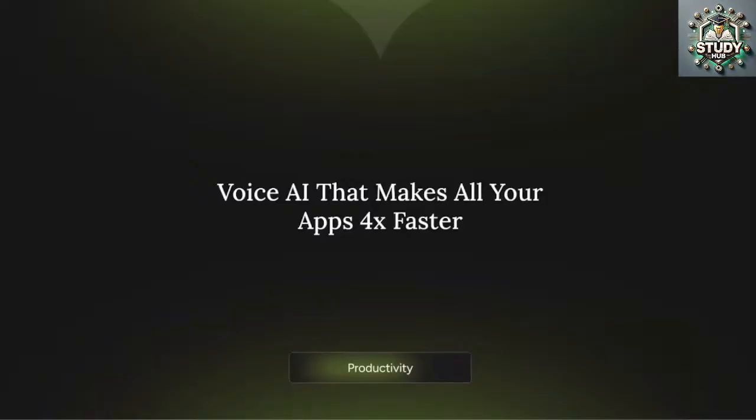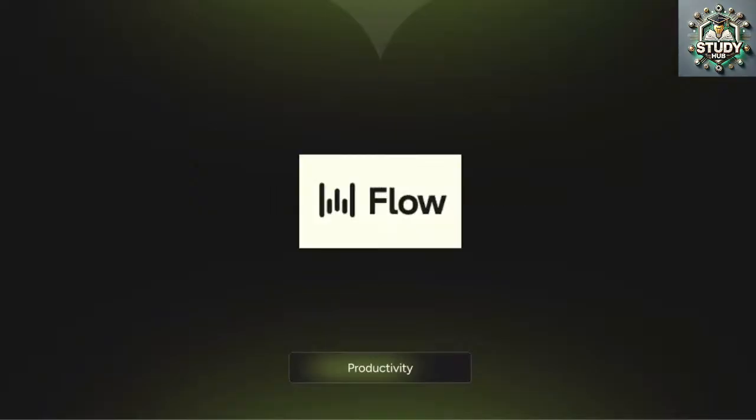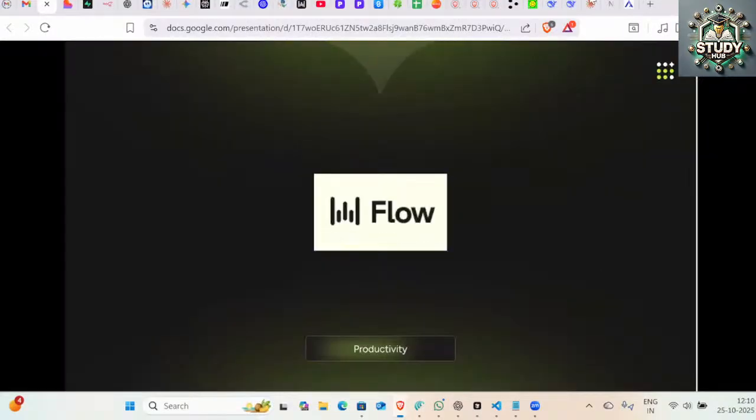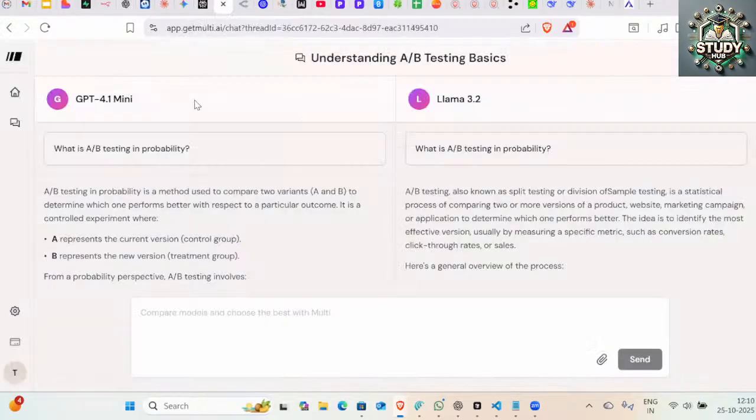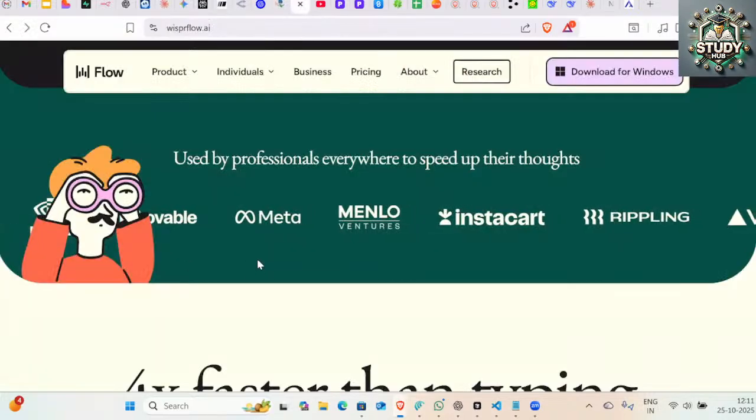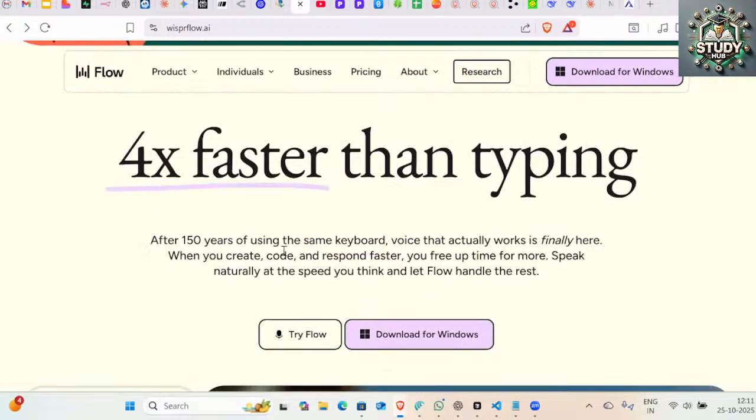The first tool that I have for you is a voice AI that makes all your apps 4x faster, right? Anything you do, right? Whatever I was typing in ChatGPT right now, I can use this tool, Flow AI. I have specifically left it for this slide. That's why I was not using it, just to show you, right? Flow AI, I can quickly show you this one, right? So what it does is, with Flow AI, you can speak and it can write it for you.